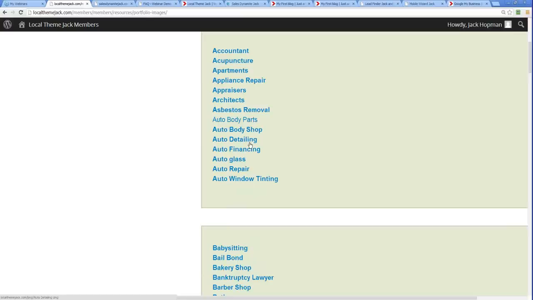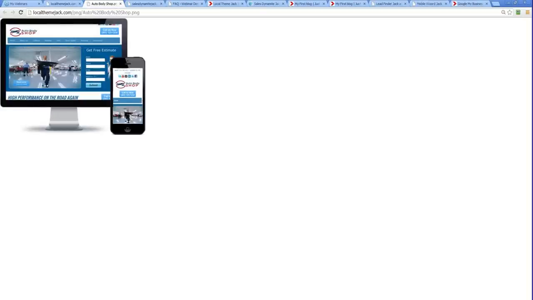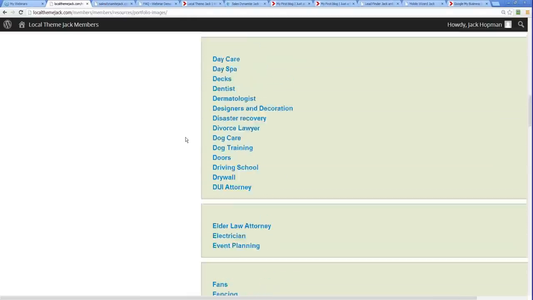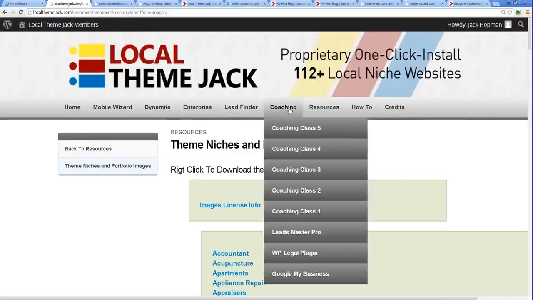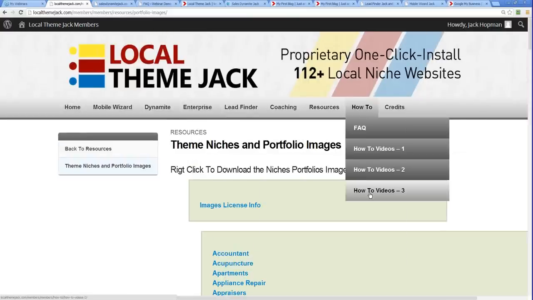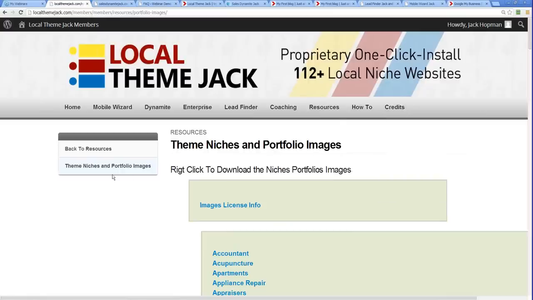Nowadays when you need a certain image from, let's say, an auto body shop, here's the image. You can download it and use it on your website. Resources, how to, and credits. So there's a lot of information in the local Team Jack members. Okay, I will enter that link if you